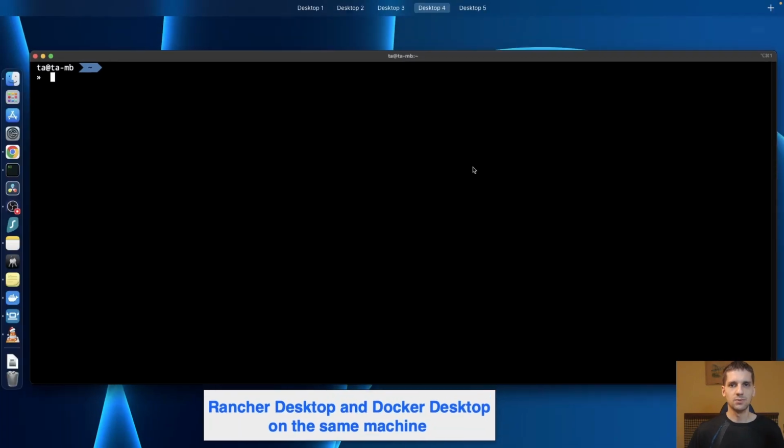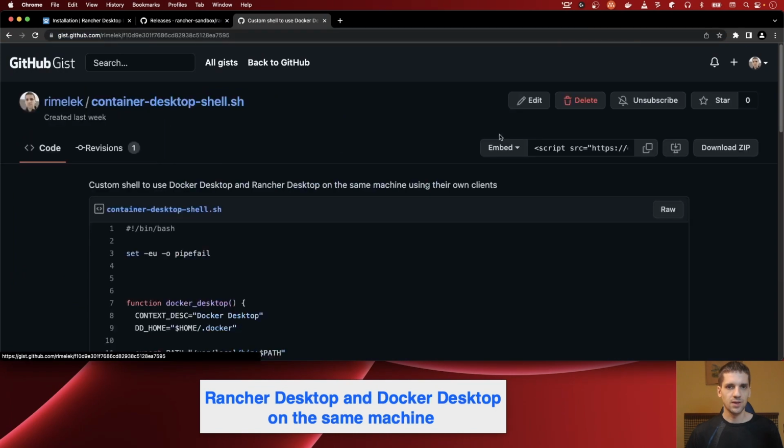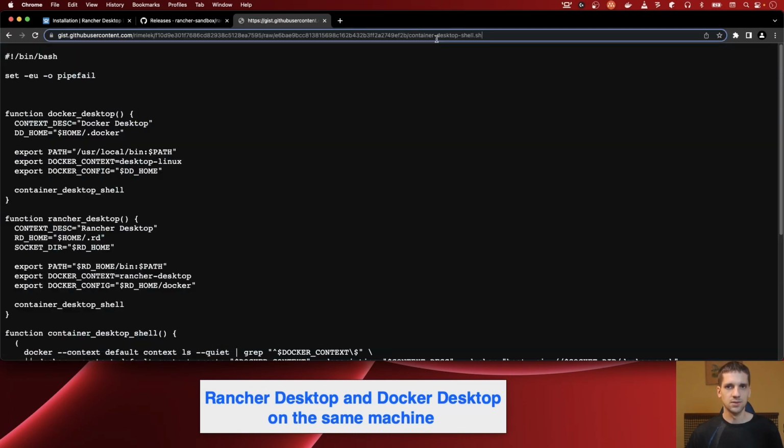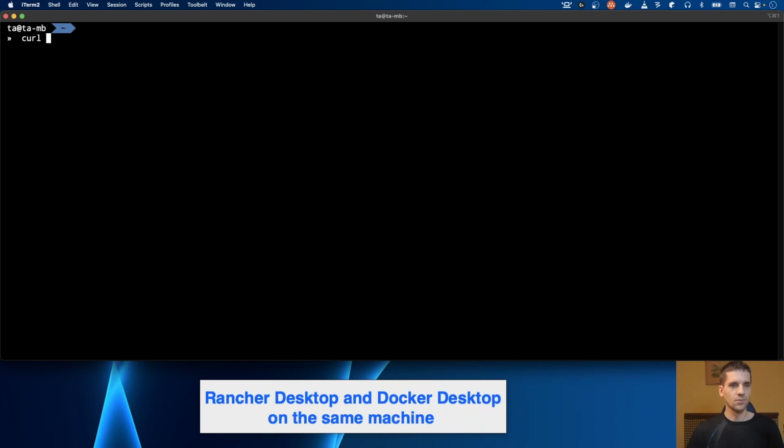Now let me go back to my browser because I want to show you my script, which is on GitHub, and I need to copy it, or just copy the URL and I will download it in my terminal. Curl